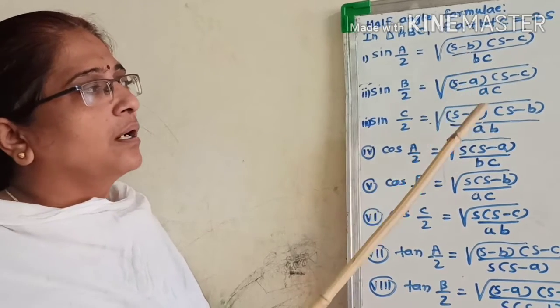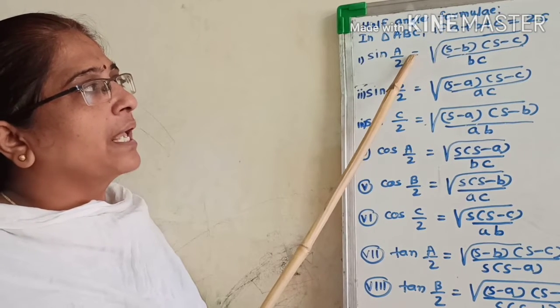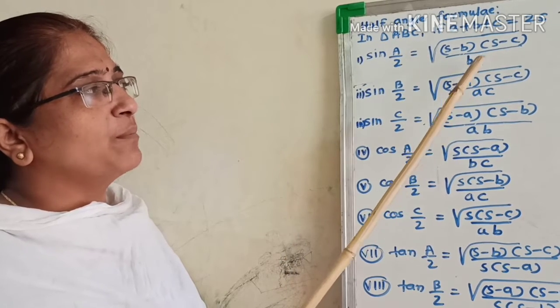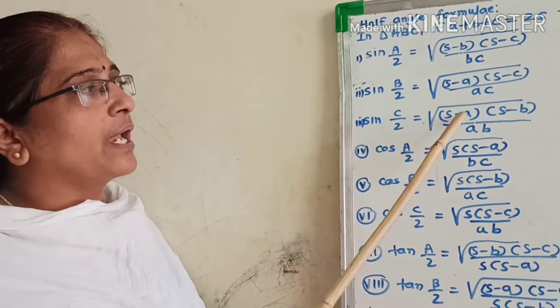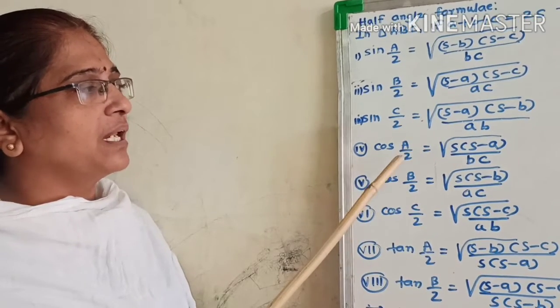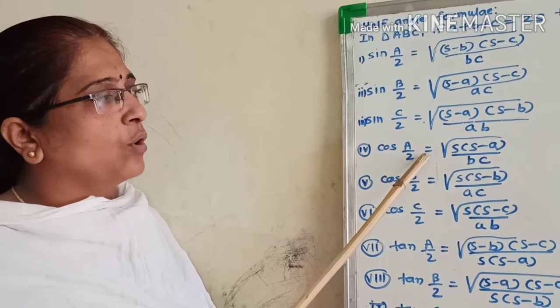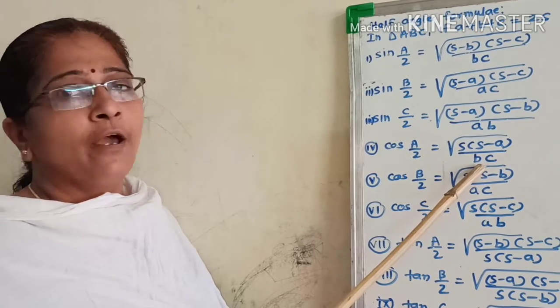ऐसे उसको आपको रिमाइंड करेंगे, है ना. अगर एंगल A है तो B और C साइन में सिर्फ, B है तो A और C को, C है तो A और B, C को स्किप करेंगे. अभी सिमिलरली कॉस में उसका अपोजिट है, cos A by 2 में देखो, under root s into (s minus a) upon bc, है ना.